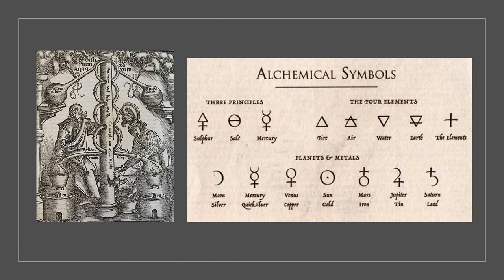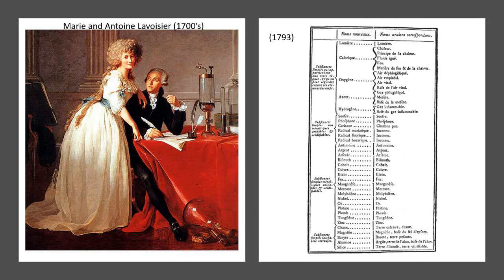Primarily that was so that their recipes were secret if somebody found their journal, in case they happened to discover gold or something else that would be highly money-making. So that is the primary motive for alchemy, was to find things that were useful or potentially money-making. But originally you just had those four ideas of fire, air, water, and earth. And you hear about that sometimes still with stories and things.